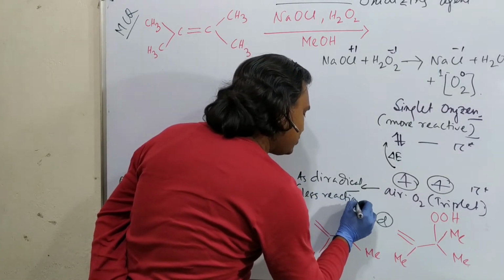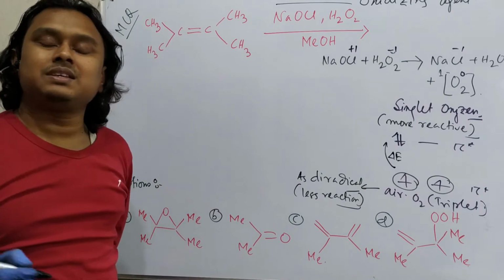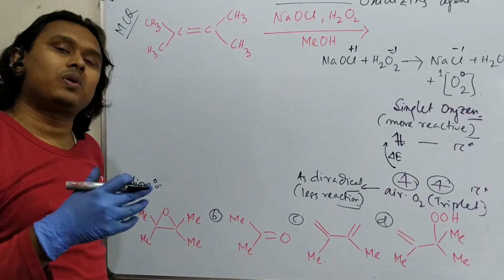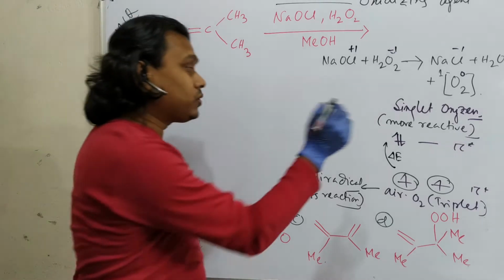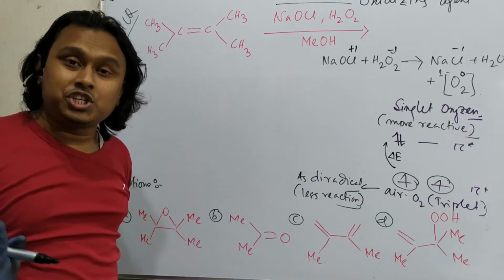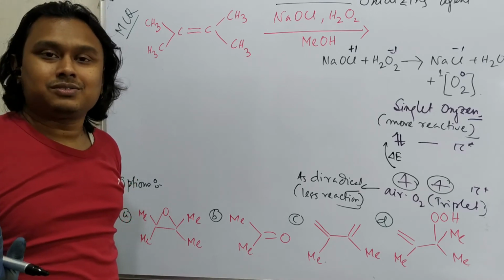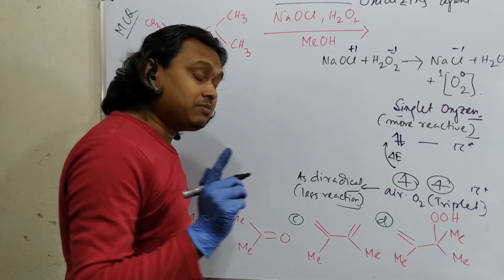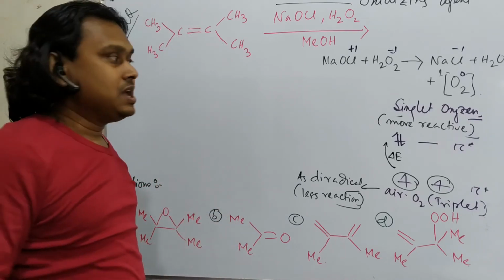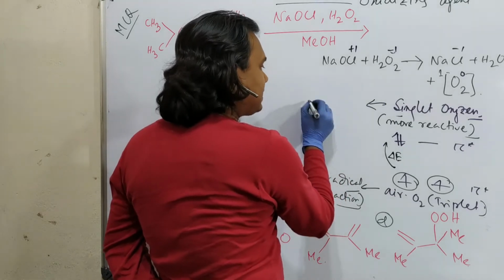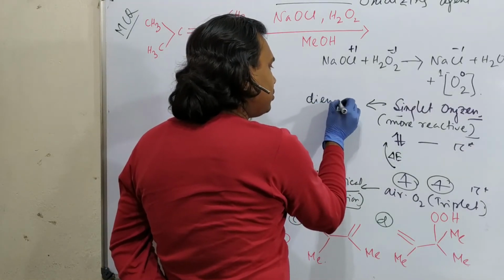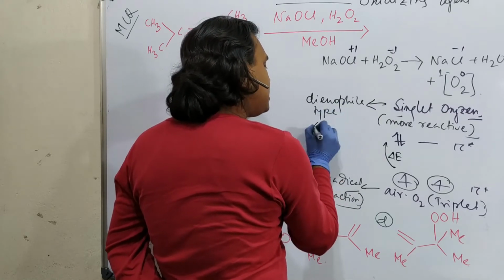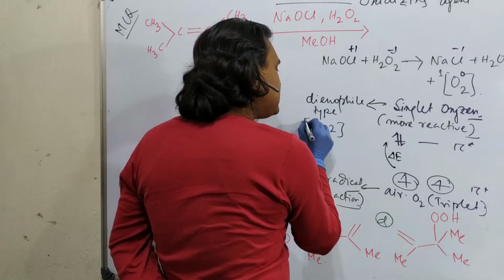Just as a hypothetical question, if all the natural oxygen were singlet, then this universe would not have existed. All of us would have died, or the organic compounds would have been consumed, because it is so reactive that if it gets anything, even a C-H bond, it attacks instantly. Okay, a very reactive molecule, and that's why its chemical reaction is also different after this. So this singlet oxygen can act as a dienophile type and can undergo 4+2 cycloaddition.